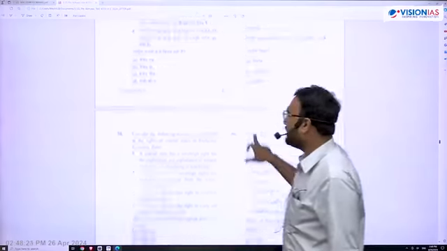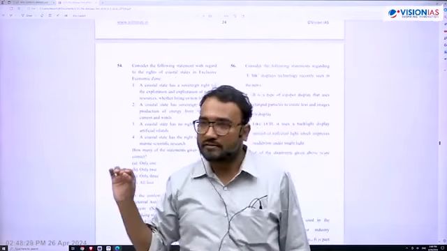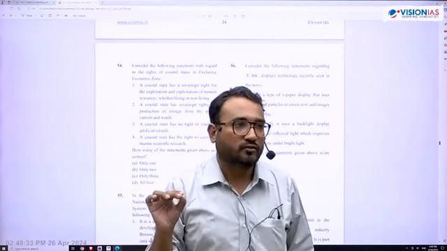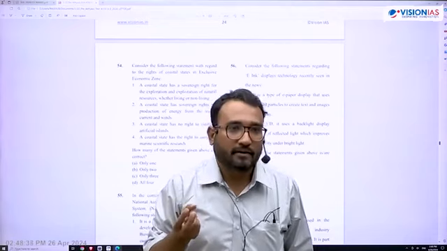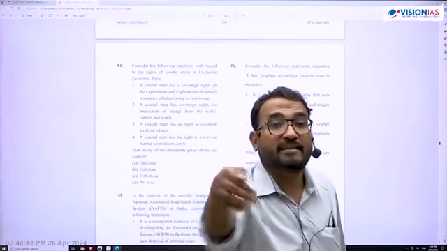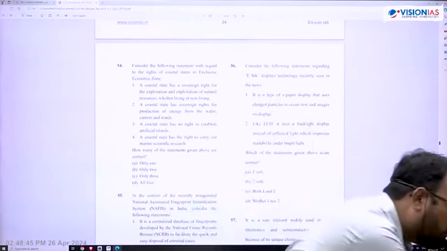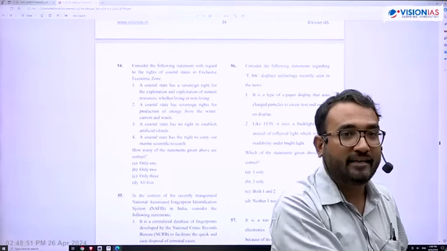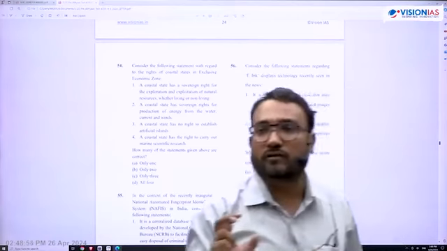Okay, so let's see this. United Nations Convention on Law of Seas, 1982. Up to 200 nautical miles, you have the exclusive economic zone. Within 12 nautical miles, you have exclusive right. आपको मालूम है किसी भी country का up to 200 nautical miles, they have exclusive economic zone. What is the exclusive economic zone? Whatever is found over there, gold, diamond, crude oil, whatever. So whatever is found, they will keep. So that is the exclusive economic zone.